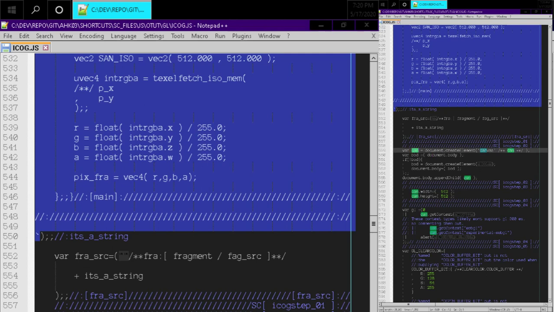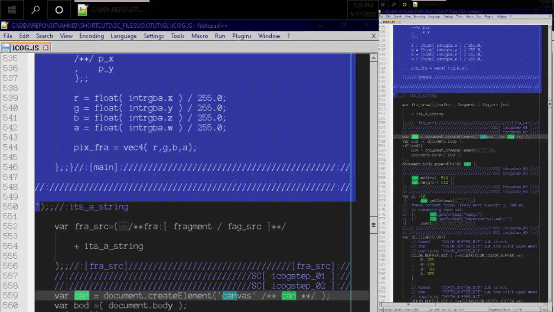Okay, so we have that. Let's go to our project, make sure it's still running, that we haven't broken anything while we've been mucking around here. And the first thing we're going to do is change canvas to,